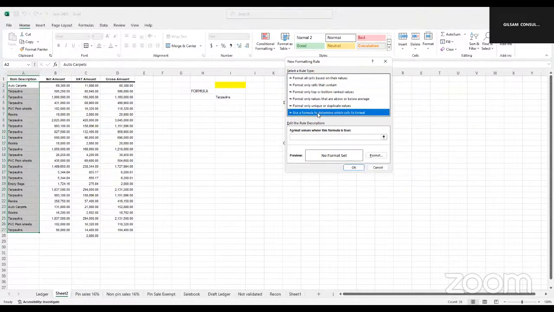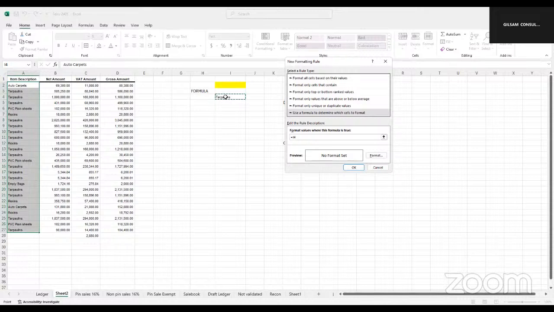Click that, put the cursor in this empty space, and then you refer to this I4. Then you realize there are two dollar signs inside that reference, which means it will stay constant. We don't want that dollar sign, so we use F4 to remove the dollar sign. So I will press F4